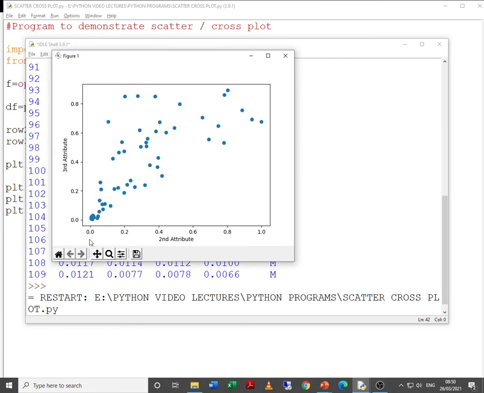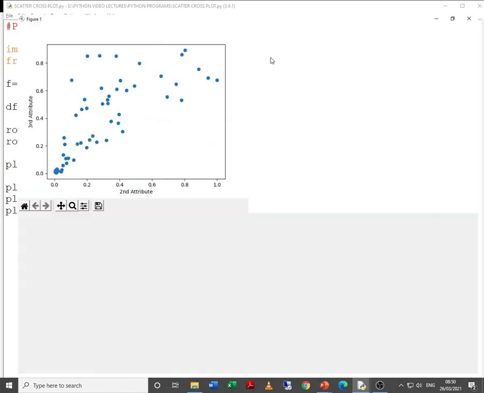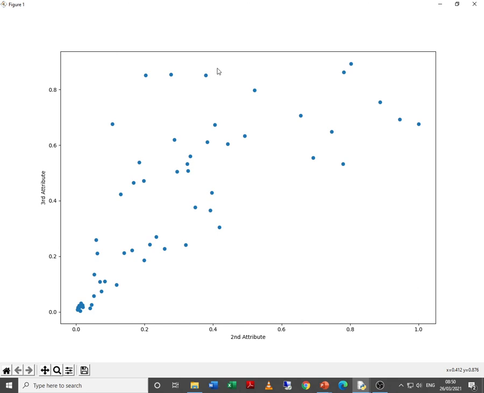Yes, this is the second attribute and this is the third attribute value. They are scattered in the same way as shown in the PPT, and because they are scattered far away, we say that they are not positively correlated. That means the values of the second and third attributes are not positively correlated.